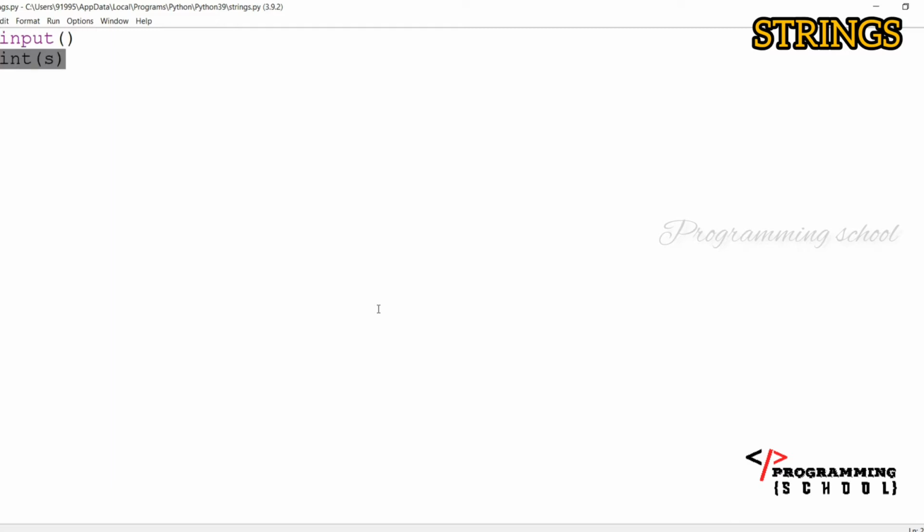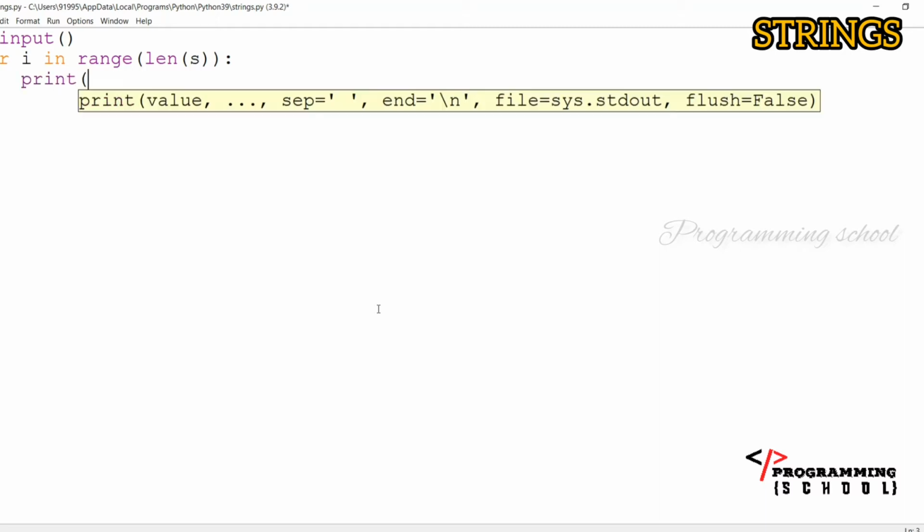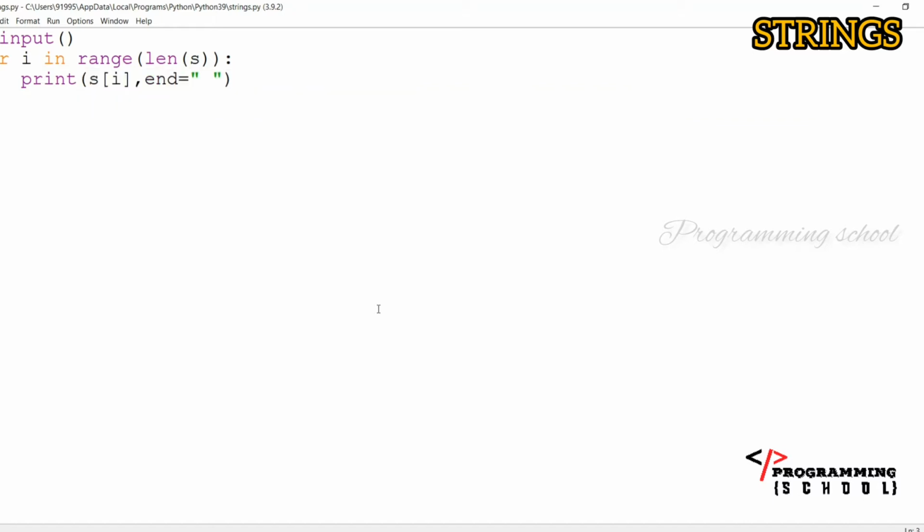How am I going to trace it? For example, I'm going to write for i in, first of all the index based looping, right? I'm going to write the range of the length of s. Now I'm going to print here s of i, that is, I'm going to print a character. I'm going to give a space here for every character.